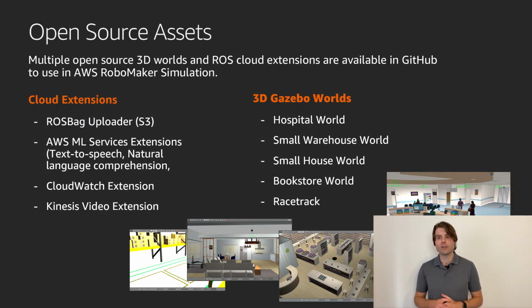In addition to the simulation service, the RoboMaker team has created and published multiple useful assets to our open source GitHub repository. This includes cloud extensions that can be included in your apps to easily upload ROS bags to S3, connect to managed AWS machine learning services for things like text-to-speech, natural language comprehension, and image recognition. You can upload logs and metrics to CloudWatch, and finally you can use Kinesis to stream video from your robots